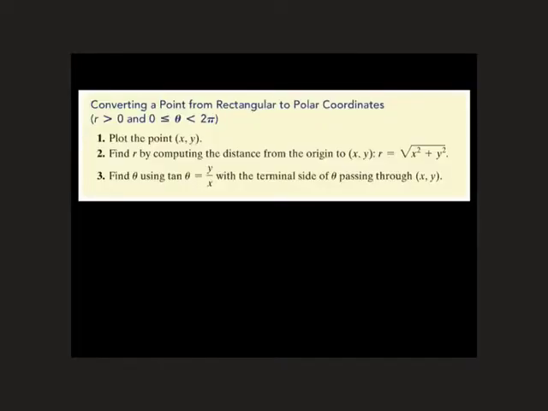Okay, so now we're going to go from rectangular to polar coordinates. Now, here's the deal. This little bit right here is actually pretty important. You always want your radius to be positive, and you want your angle to be in between 0 and 2 pi. Now, if you watched the video from yesterday or you looked at the notes from yesterday, you will remember that we can write many versions of the same point in polar coordinates. The radius can either be positive or negative, and the angle, like if it was 45, we can add 360 or subtract 360, or anything like that. You've got multiple representations. So we put that statement right there, those two inequalities right there,